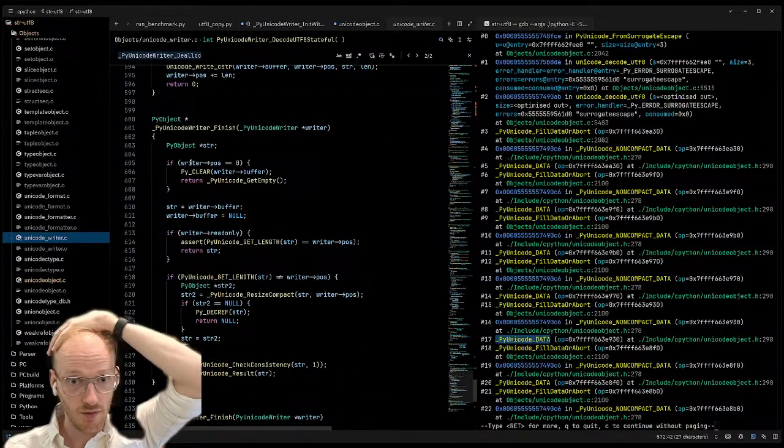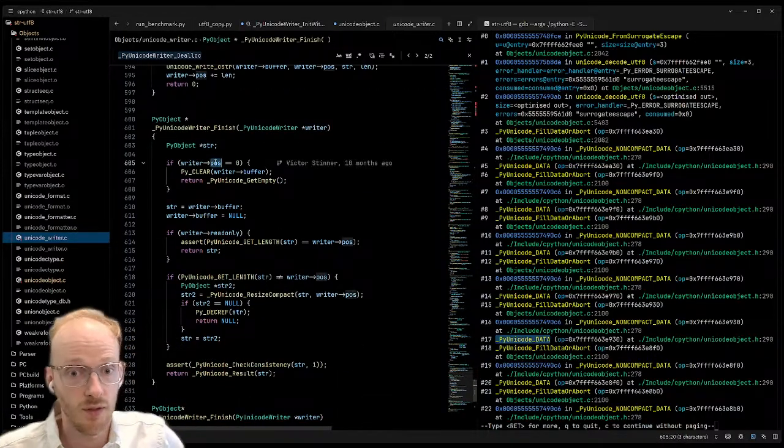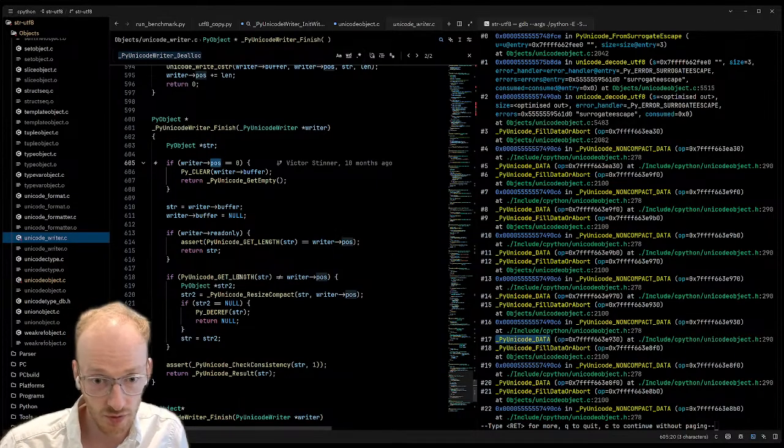Yeah, what does that do? It checks the buffer to check whether it's